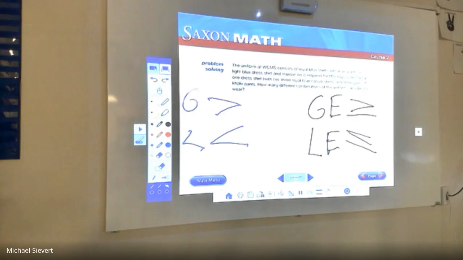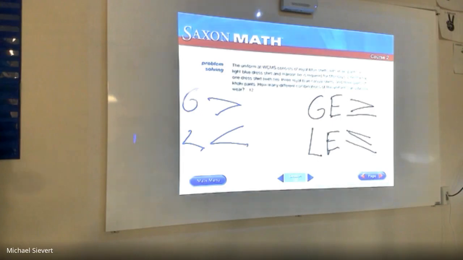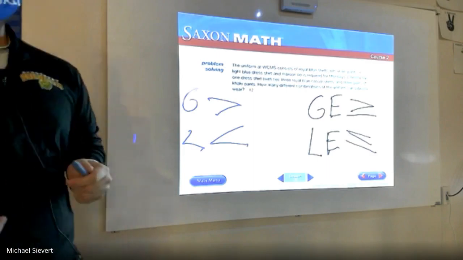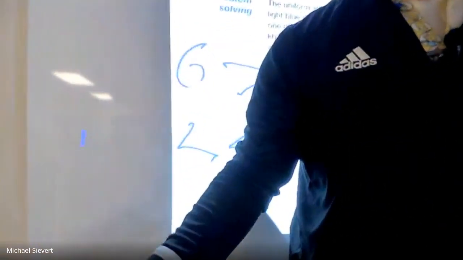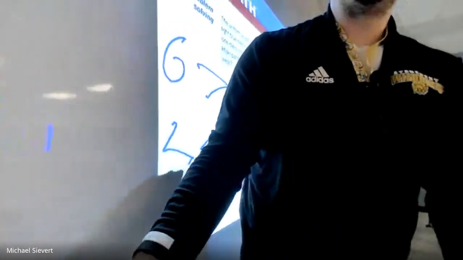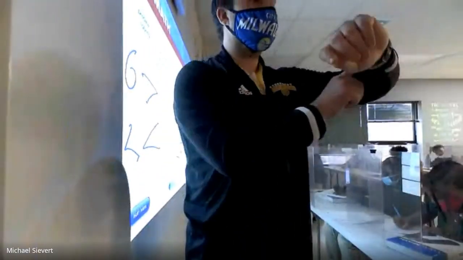Now, so this is what those symbols are. Greater than, less than, greater than or equal to, less than or equal to. Remember, the only difference is that they have that line underneath. They're exactly the same except for that line, because that line means that they're equal to. All right? If you can confidently say, I can graph inequalities,